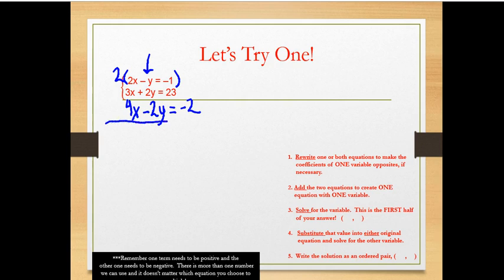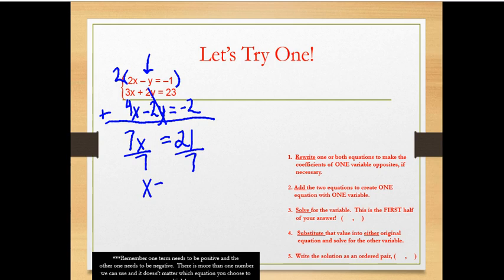So I'm going to combine my equations; we're going to add them together. 3x and 4x give me 7x. My y terms cancel out, 2y minus 2y, and then 23 plus negative 2 is going to leave us with 21. Then to solve for x, I just need to divide by 7,